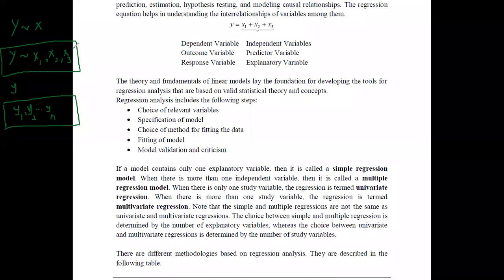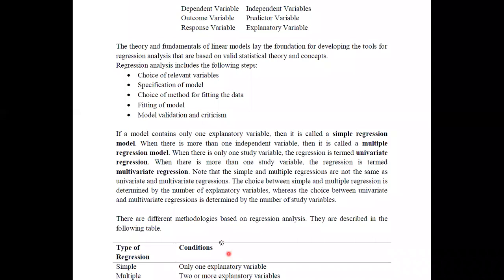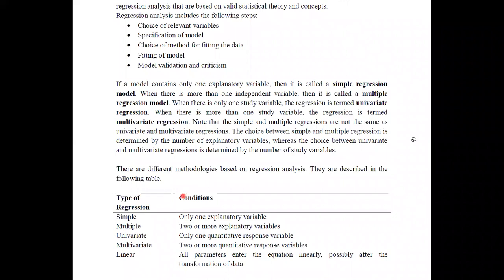In the multiple regression, we are having a set of independent variables. In the multivariate regression, we are having a set of y variables. Therefore, as soon as you get the data set, you have to identify which model suits the given data set. This is what you have to do initially. And I have tabulated these qualities that we can use to identify the appropriate methodology that we can apply in the regression analysis.